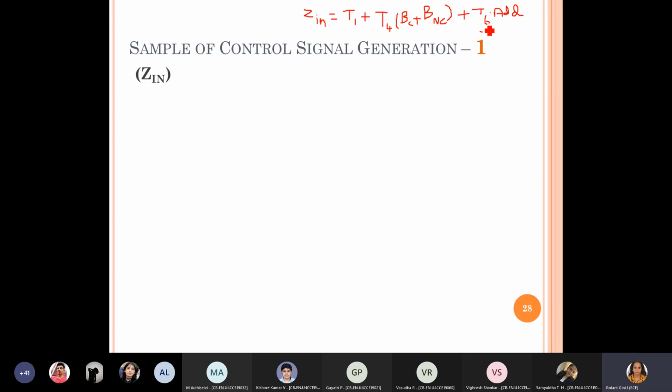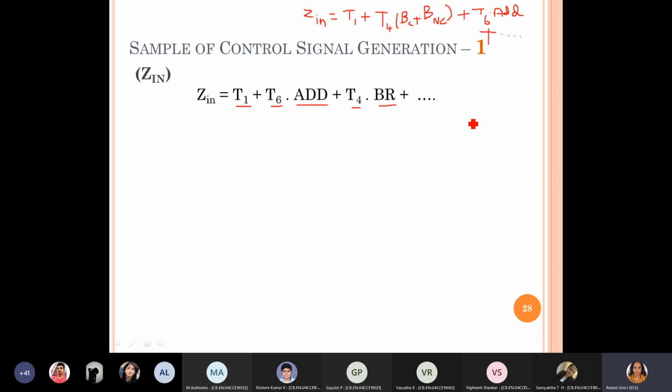Like this, you have to list out. This list will keep being added to until you cover all the instructions you have planned for that instruction set. Okay, and then you go for implementing this expression. If possible, you reduce the expressions, otherwise you implement it as such. So you can see that at T1 ZN has to be enabled irrespective of what instruction it is, then at T6 for that particular add it has to be enabled, and at T4 for branching with condition, without condition, any type of branching, it is supposed to be enabled.